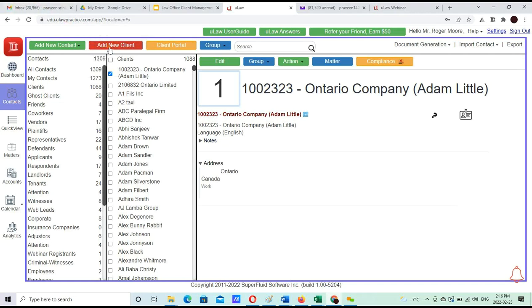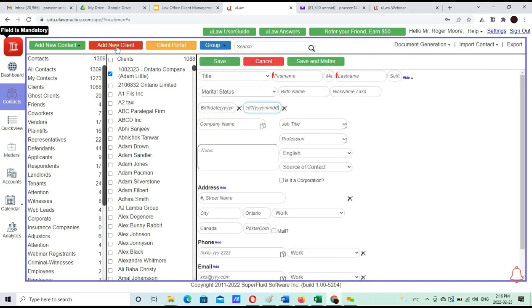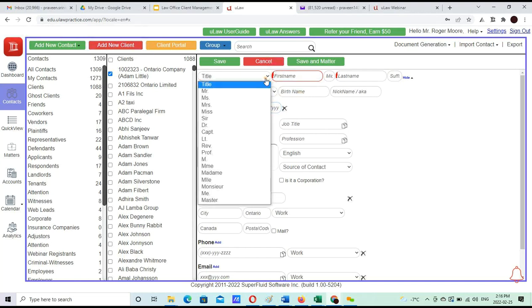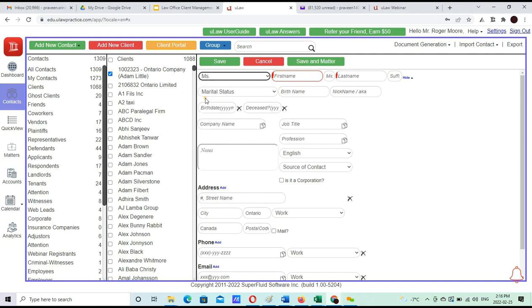And you can see right away there's a button which says Add New Client. So if you have someone at your office and you've got uLaw open, or someone's just given you a call, and you can do this right on your phone too. So today uLaw provides a uLaw app that allows you to do client intake right on your phone. But you're now dependent on the assumption that there is somebody on the other side who's giving you this information. Okay, so let's go with some